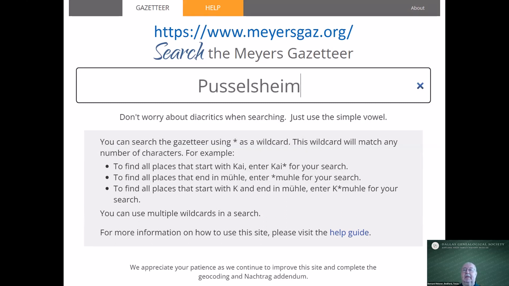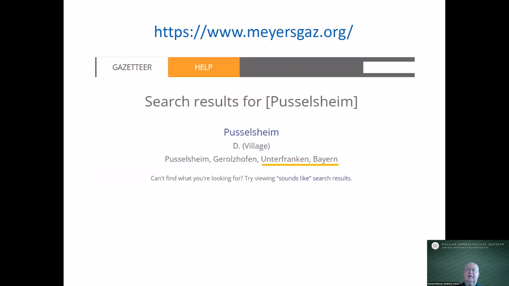We go to www.meyersgaz.org and put in the name of the town. You can use wildcards, and there are some other hints. I'm sort of lucky in my case of Pusselsheim, there is only one Pusselsheim. It does not find, in this case, a Russelsheim with an R, which Google keeps trying to send me to. Again, when I'm interested in finding out which volume in Hansen's guide, another way to do it,